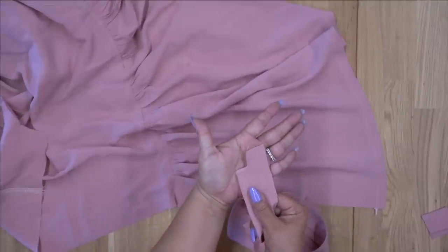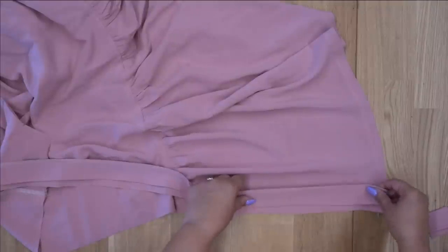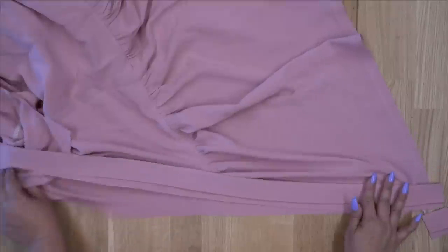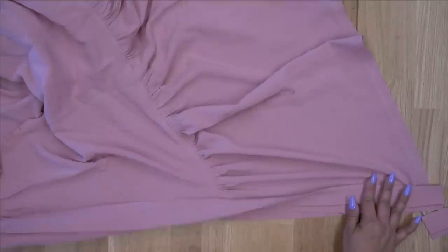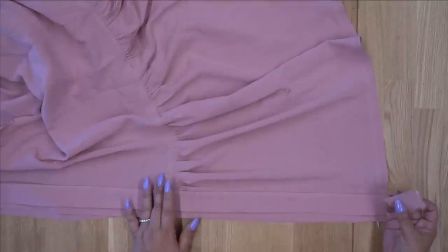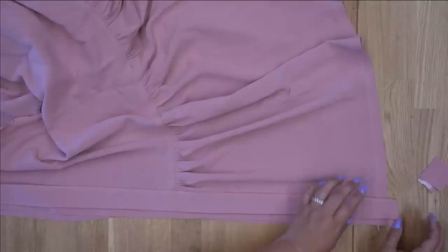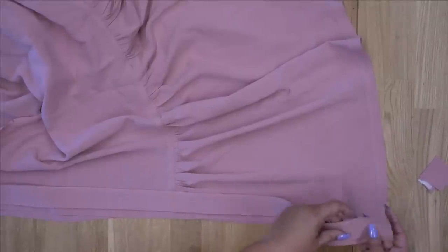So the very top should look like this. Now I also went ahead and just made sure that I had enough length on my band. I measured what that length was, and then I went ahead and cut off the amount that I had cut off from the dress itself. Now the only thing left to do is once you have that in place, if you didn't trim your dress,